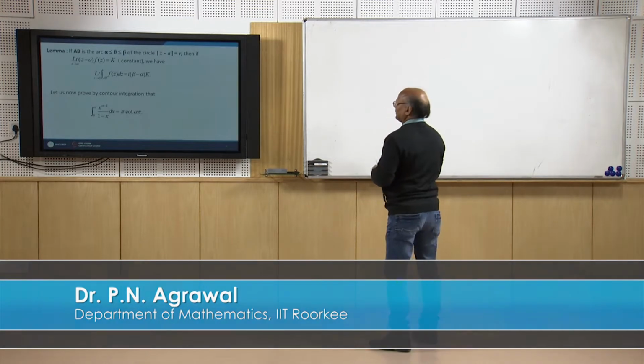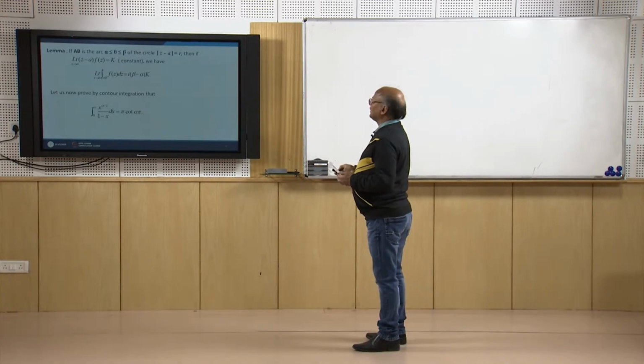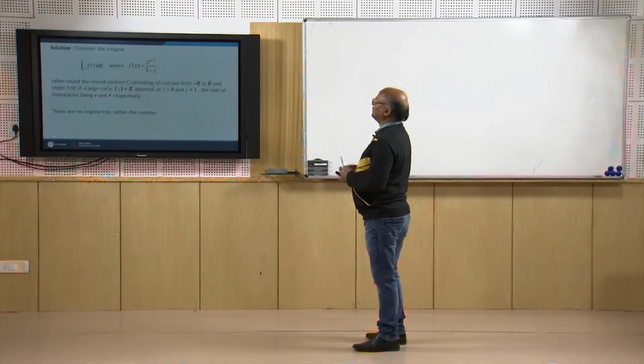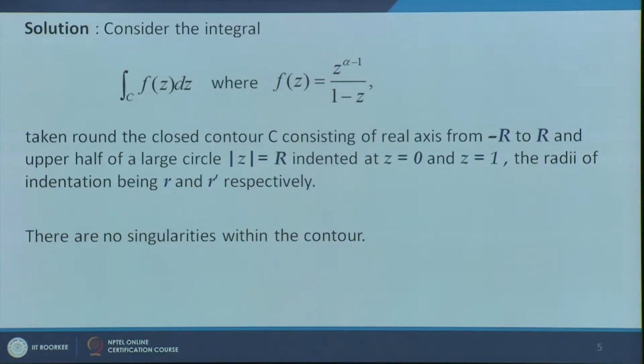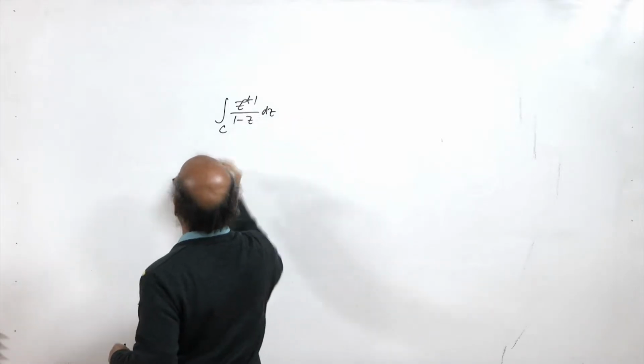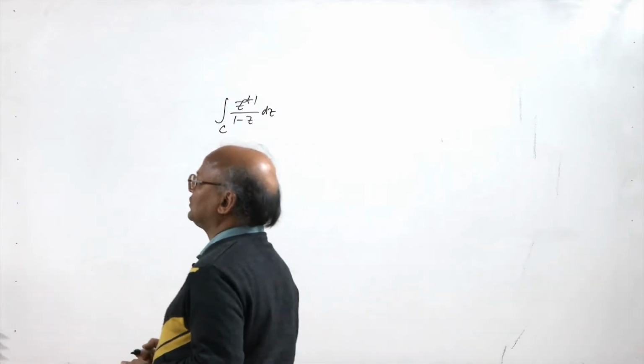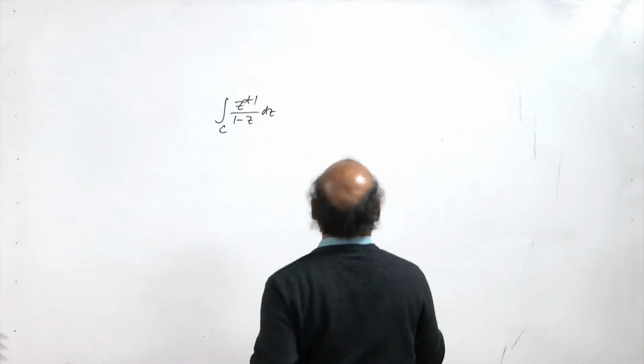So, what we do is, let us consider the contour integral over C of f(z) dz, where f(z) is equal to z to the power alpha minus 1 over 1 minus z. So, the integral over C of z to the power alpha minus 1 over 1 minus z dz. Now, what is C? C is the closed contour consisting of the real axis